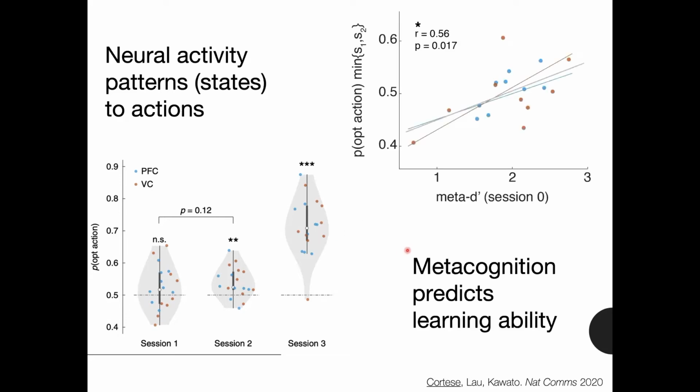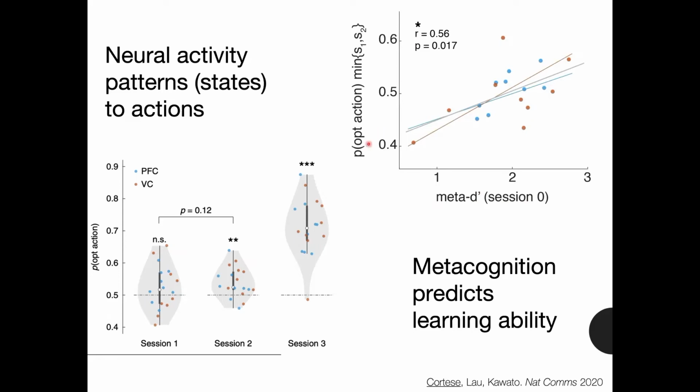But let's go to metacognition, which I think is the actual most interesting result here. So we can compute meta D prime, an index of metacognitive ability, from what I call here session 0. This is the data from the initial session that we used to construct, to train the decoder in the first place, in which participants also had to judge the direction of motion and give a confidence rating.